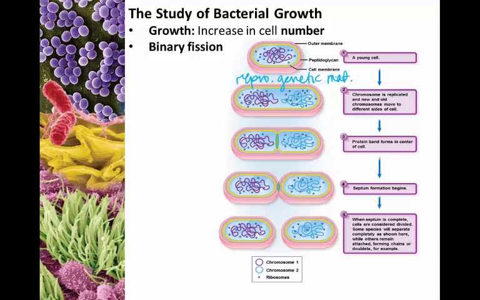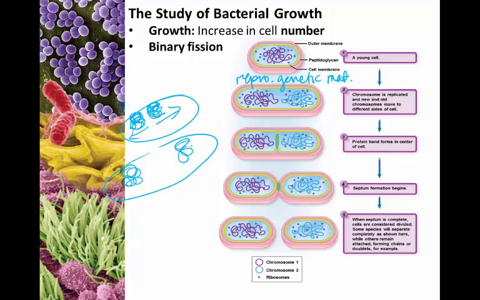Once the chromosome is replicated, interestingly enough, a part that gets kind of skipped in here is that these chromosomes end up attaching to the cell membrane of the cell. And then as the cell itself grows larger, that is what's going to pull the chromosomes away from one another. There aren't going to be any spindle apparatus or metaphase where the chromosomes line up in the middle. They get separated because the cell gets bigger.